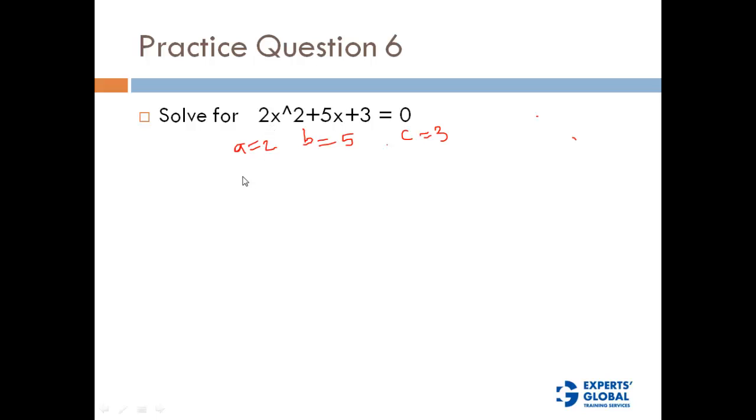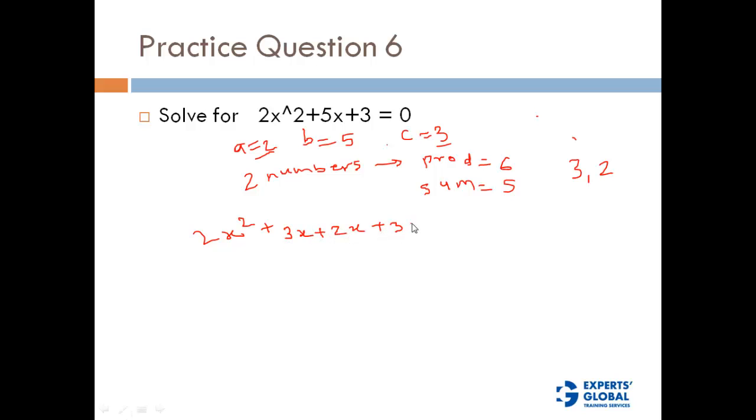We have to find out two numbers whose product is this into this, 2 into 3, product is 6 and sum is 5, right? So what would those numbers be? Product is 6 and sum is 5. The numbers are going to be 3 and 2, right? So let's rewrite it. 2x square plus, we'll split this 5x into 3x plus 2x, plus 3 is equal to 0,